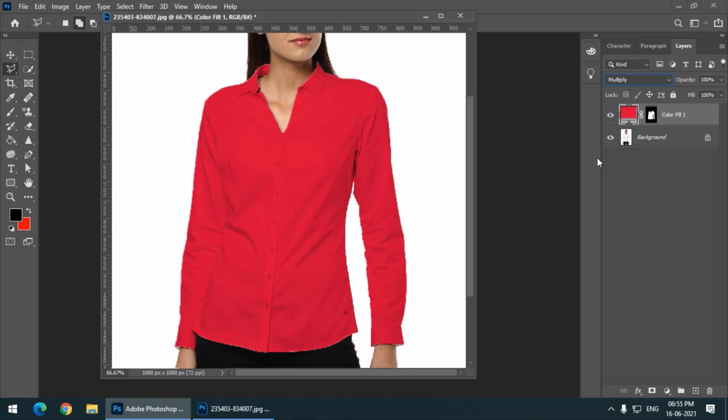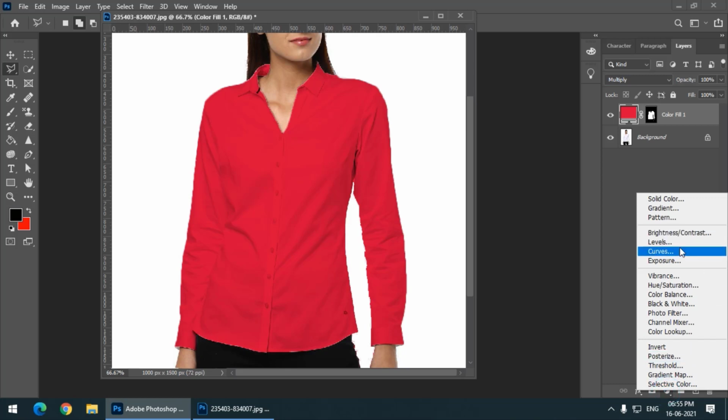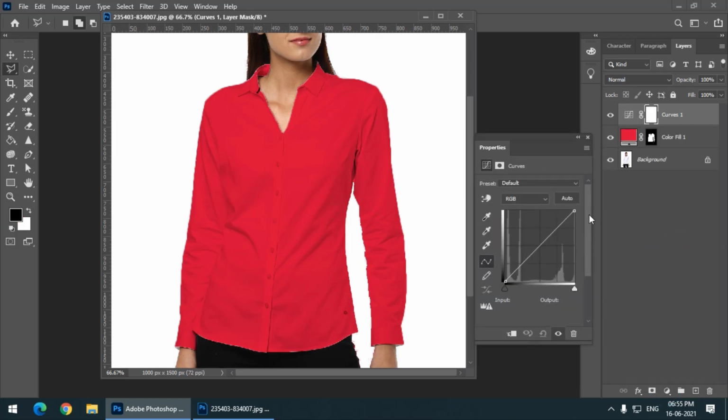If you want some more realistic effect, you can simply add another adjustment layer, which is curves. We have seen curves already. Now what will happen is, this curves option will affect both the layers, background as well as this one. So we don't want that.